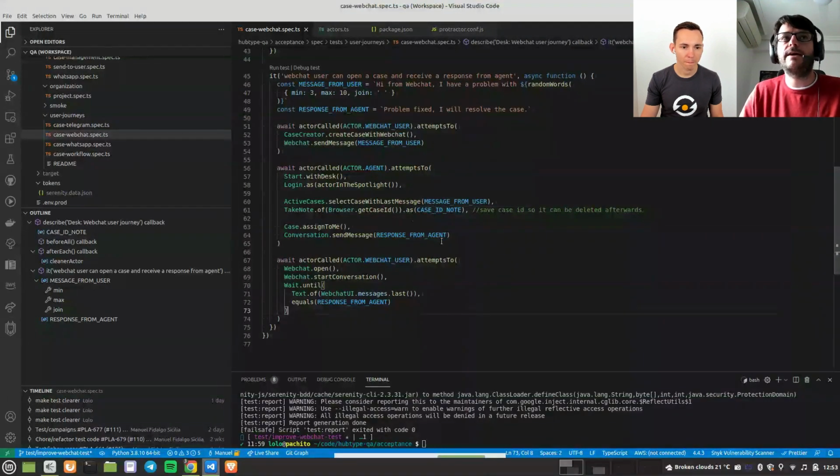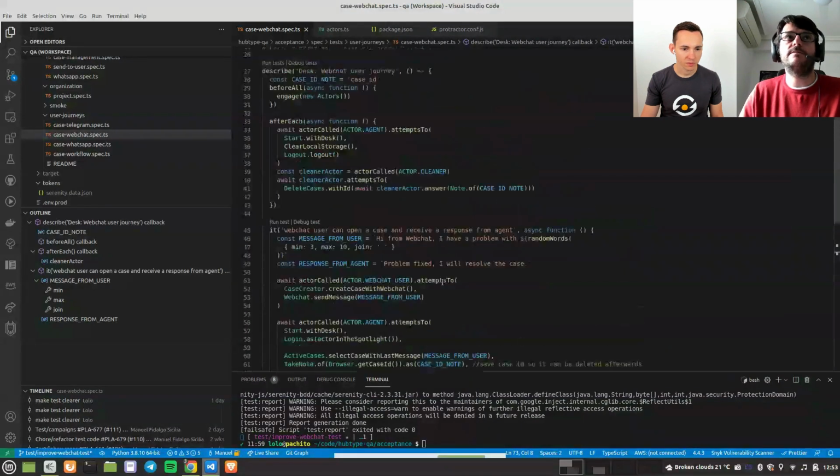Got it. We can run the test, and then we have other details, like instantiating the actors, and after the test we just do some cleaning, right? Just log out and delete the case to avoid problems in the future, and you know that every test should take care of the data created, so it's just cleaning stuff, right?